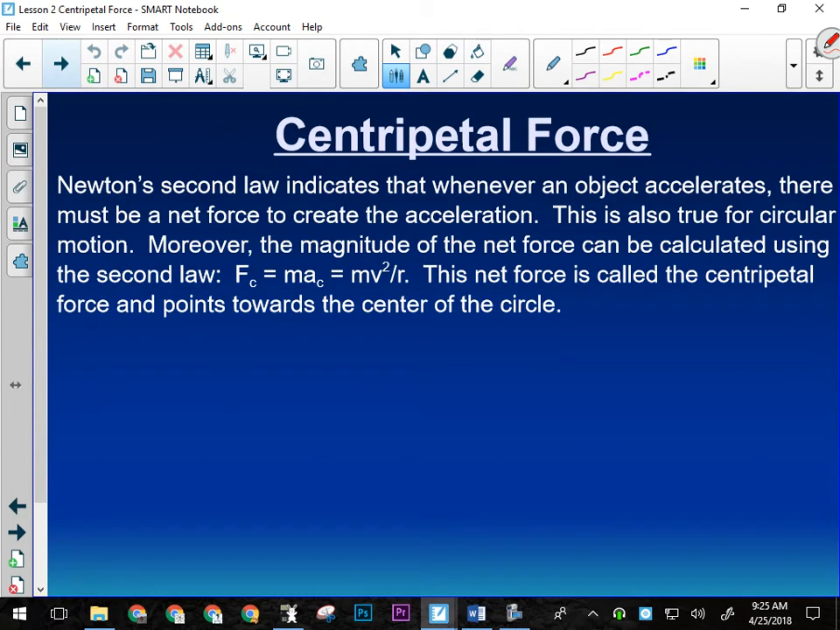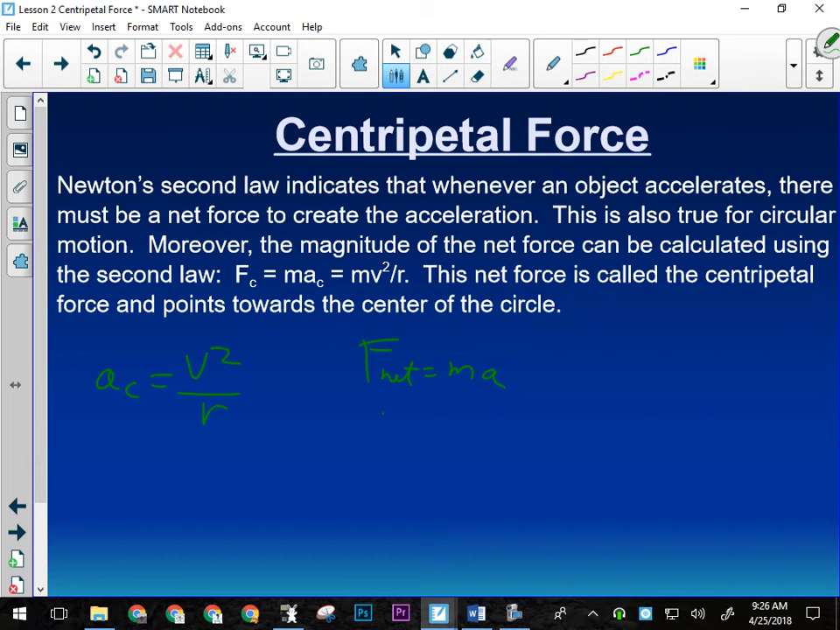All right, so Newton's second law tells us that whenever an object accelerates, there has to be a force present to do that. Okay, so it says that F net equals mass times acceleration. On Monday, we learned that centripetal acceleration is equal to v squared over r. Okay, that was one of the formulas that we learned on Monday. So if we're talking about